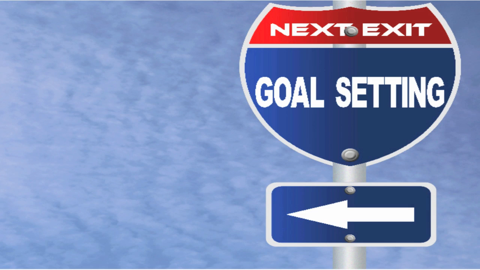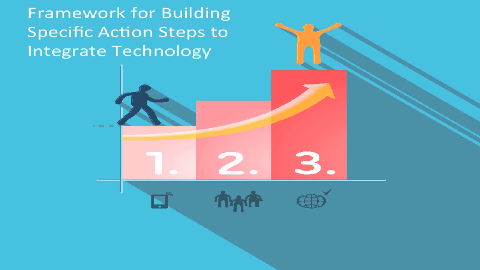short-term goals. Although the vision statement outlines the overall direction for maximizing student outcomes in your district or school, the leadership team will need to set a focus and establish long and short-term goals and milestones to achieve the vision. These goals provide the framework for building specific action steps to successfully integrate technology and transform your school environment and